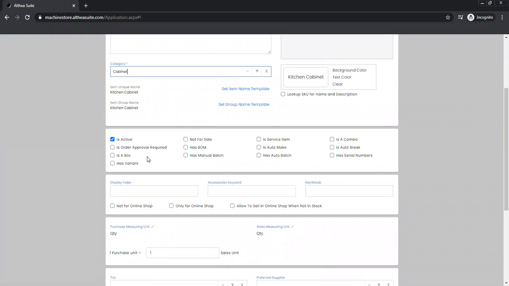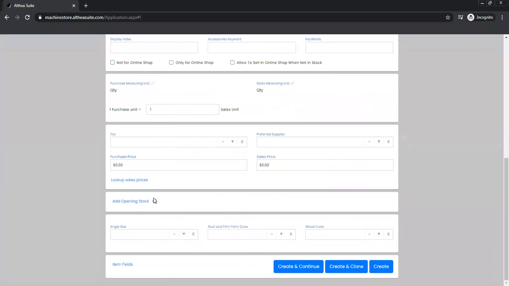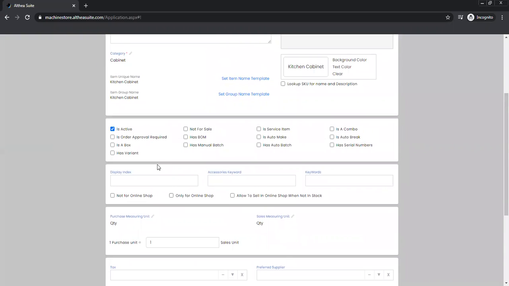Before starting off the variant creation, I would ensure that all my user fields are created with the respective values. So I can just head over to the bottom of the screen where I can find all of my user fields under item fields. I could create them by clicking on item fields in new. In my case, I can just verify that the angle sizes, the roof color and the wood color are created. Since all of these values are created, I can proceed to creating a variant.